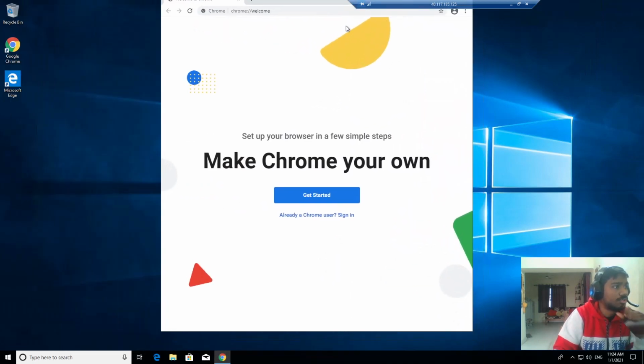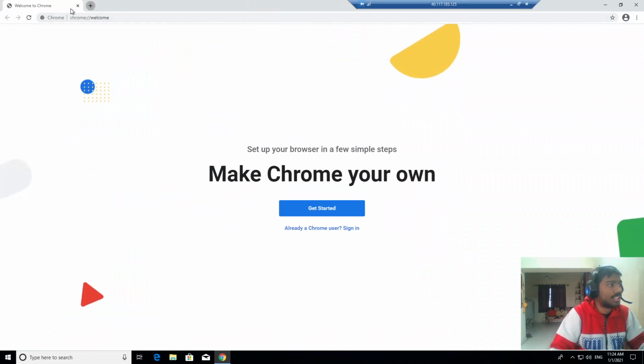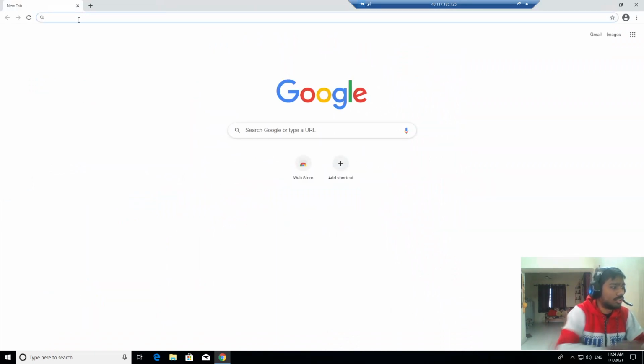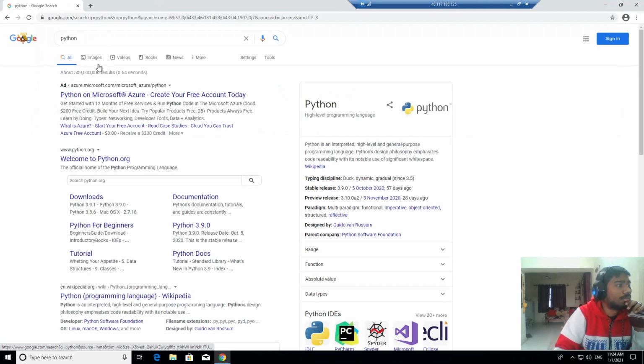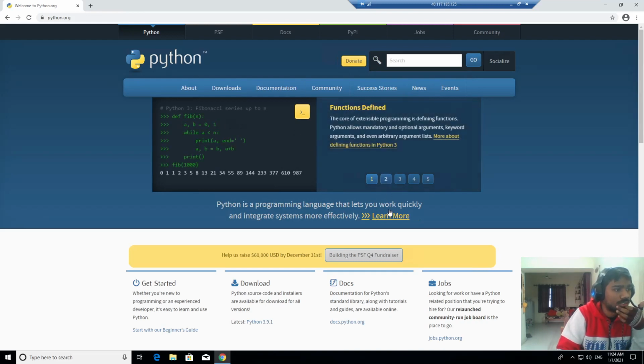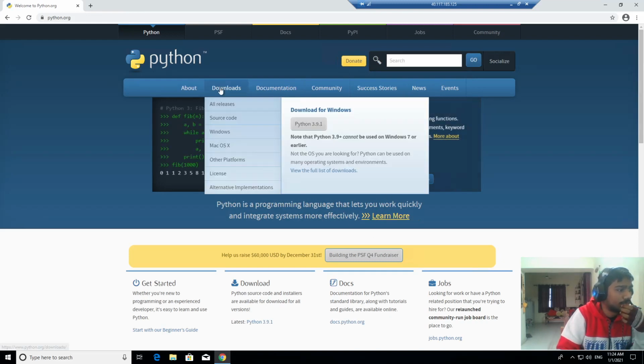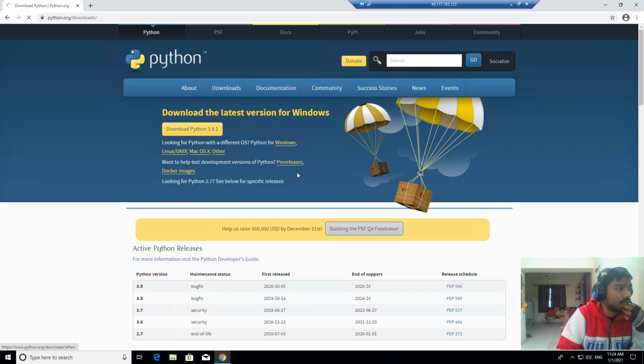Now you just have to go to Python and download the latest version available for Python. Currently it's 3.9.0, so I'll be downloading it. Its download has started, and as you can see how fast it is.